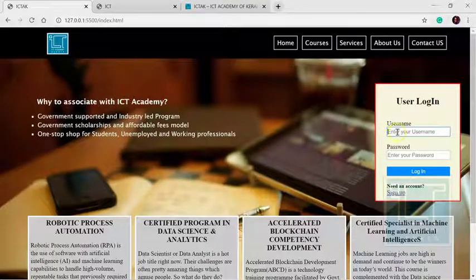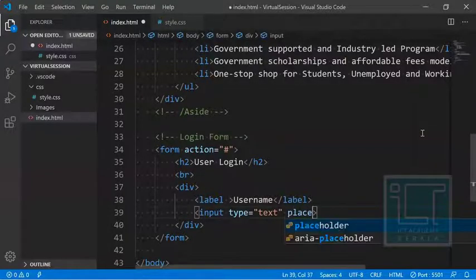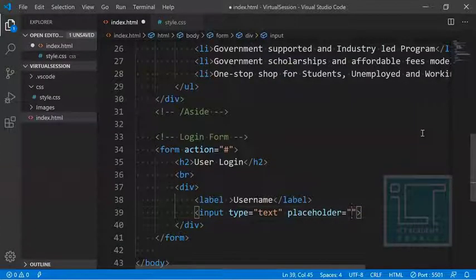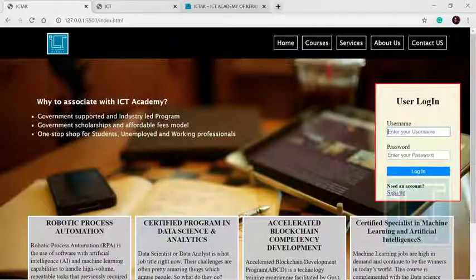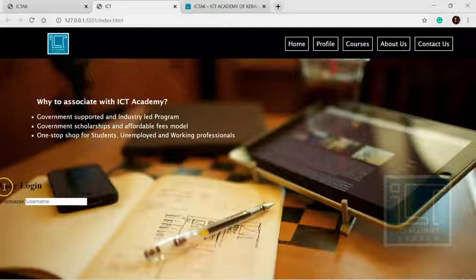You can see a slight light color saying enter your username, but when we are typing something, it actually disappears. That portion is called a placeholder. If you give a placeholder like username, it will appear like this. See, so we have created an h2 tag, a label, and an input tag. In the input tag I have given the placeholder username, so it shows up as username. If you type something, since the type is text, it accepts all the text.